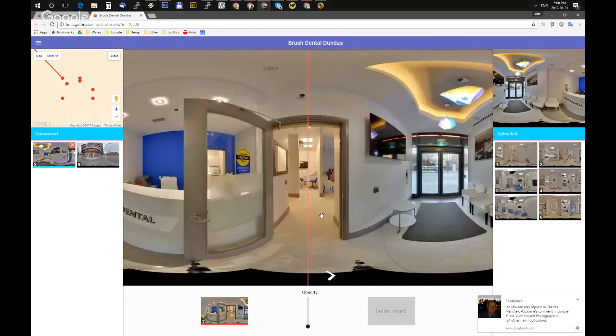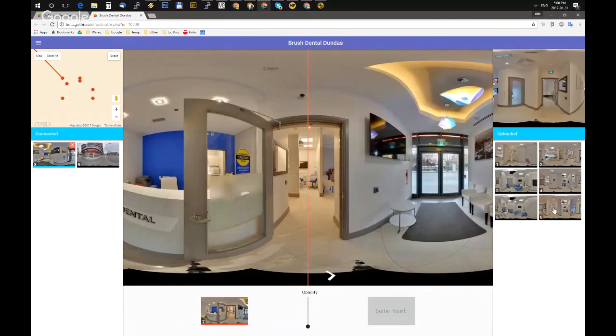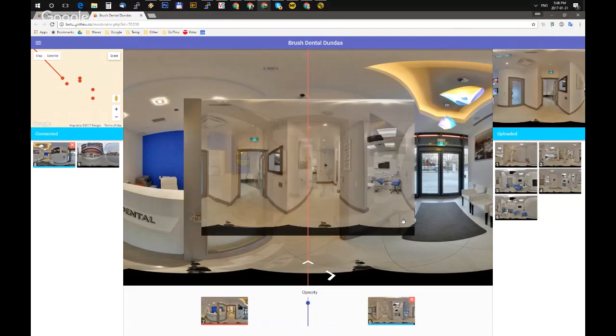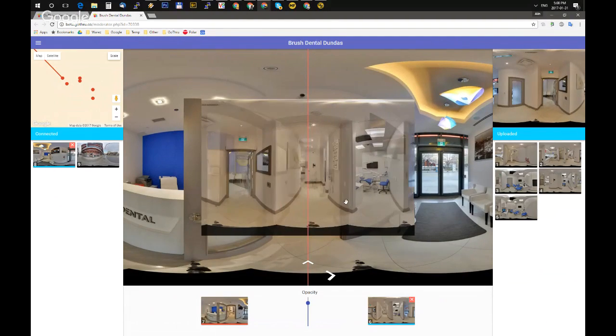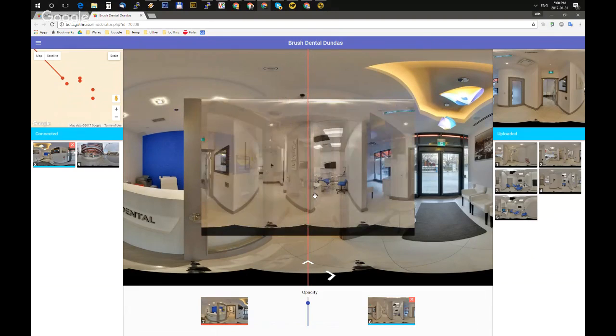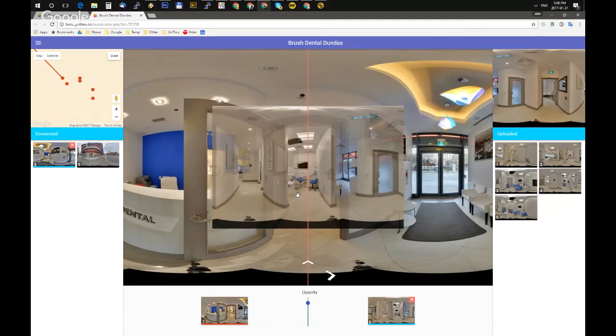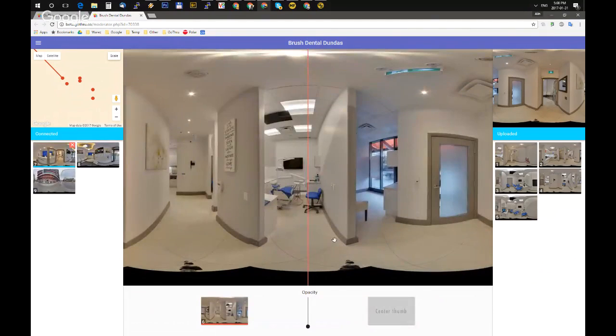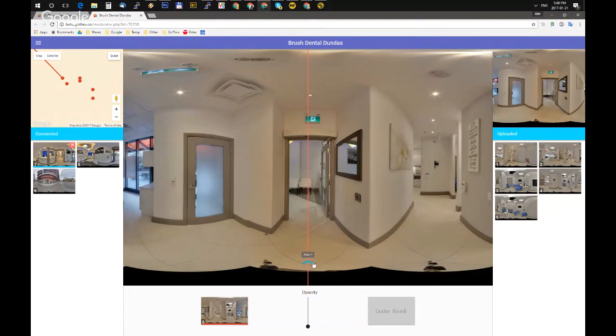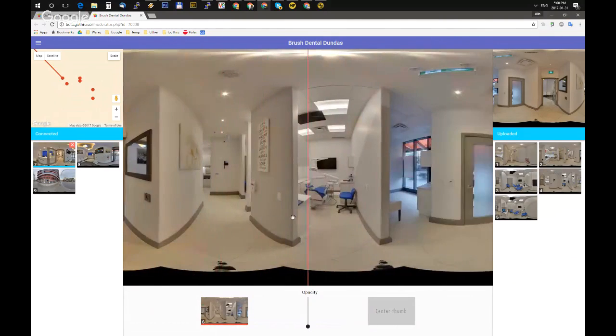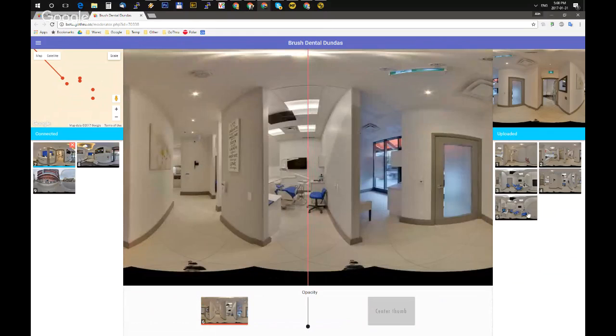Now we can go here, and let's see if this is the next one. Yeah, this looks like the next one. We're going to match these. Let's flip. Good. And now let's add this one.